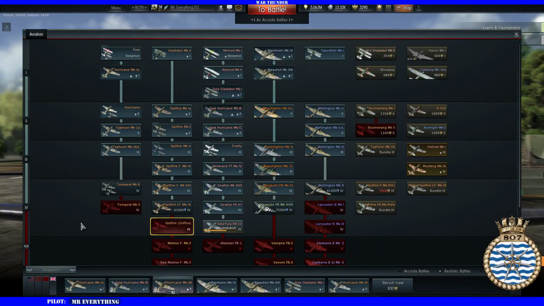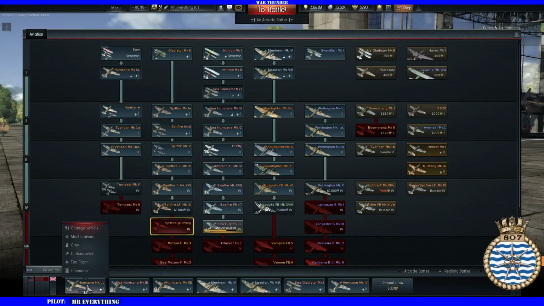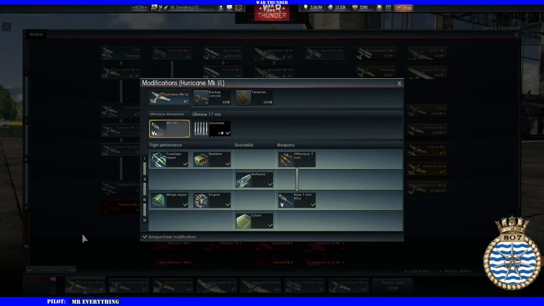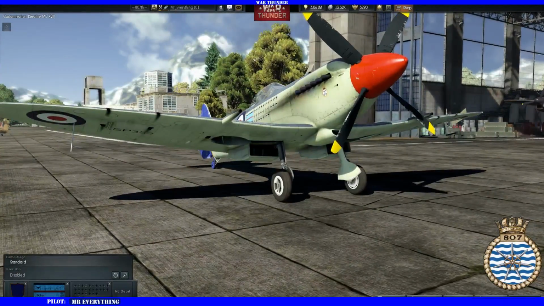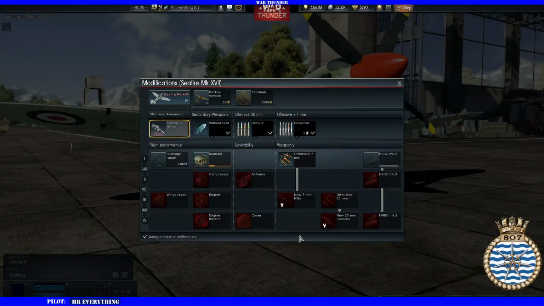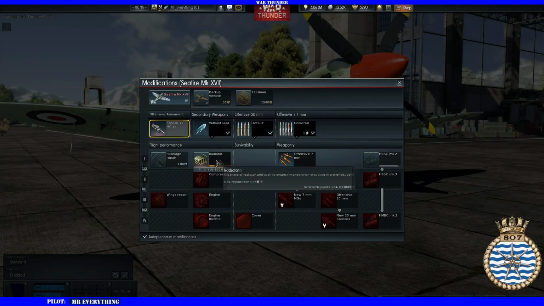Now, each vehicle has upgrades. Now I'm just going to take this Hurricane Mark 1 and go right here, modifications, and you can add to those. Now okay, no, let's not do that. Let's take one that I know I haven't fully upgraded, like the Seafire. What? That's not what I wanted to do. Modifications. There we go. So now as I play with the Seafire, and only the Seafire, it will generate research points to learn or unlock each of these types of